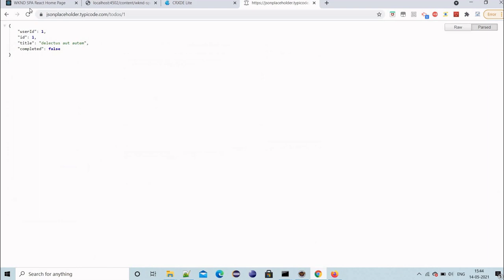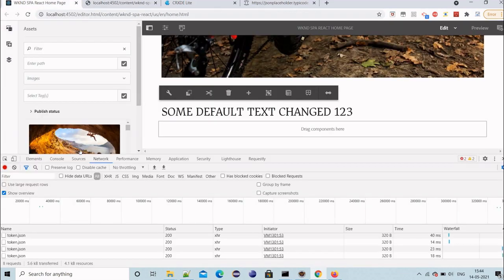Okay, it's done. Now let's first see what this model.json is returning. If we see, our new property is also coming. So this is how we can change the Sling model, add the expected property as a getter, and then it will return the value. The second thing is we just added a fetch call to a new fake API.